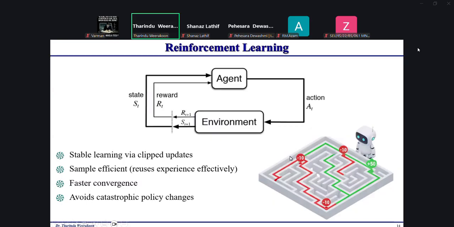For example, if you consider this right-side figure, it's a maze solving. The robot has to go to the goal, but if the robot selects a wrong path, a punishment or penalty will be given, for example, -10. If I select the correct path towards the goal, then rewards will be given.